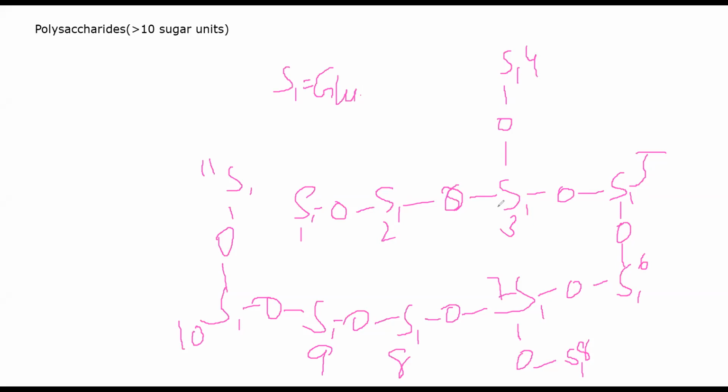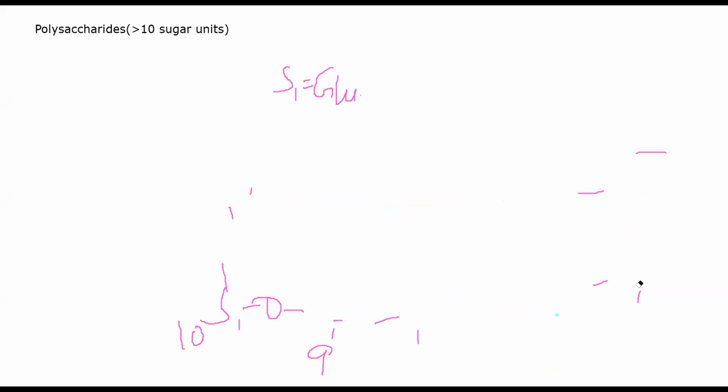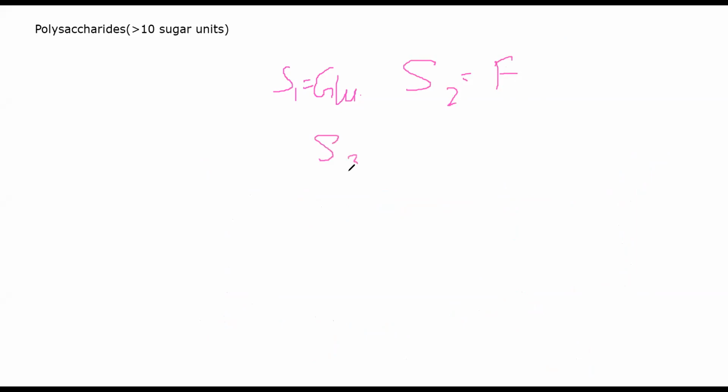Then you have another category, which is your heteropolysaccharide. One second, let me draw a heteropolysaccharide. I'll not draw the whole thing again, but just imagine it 10 times. Let's suppose S1 is glucose and S2 is fructose, for example, and S3 is erythrose. It can be any number of carbons. I just told you, it can be a tetrose, hexose, heptose, diose, any other form. All right.